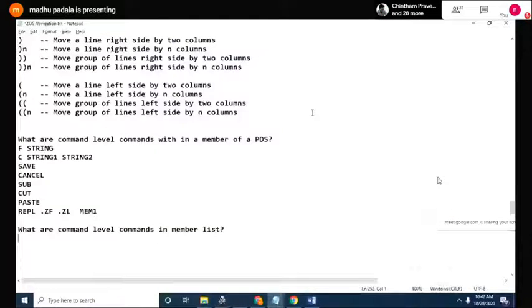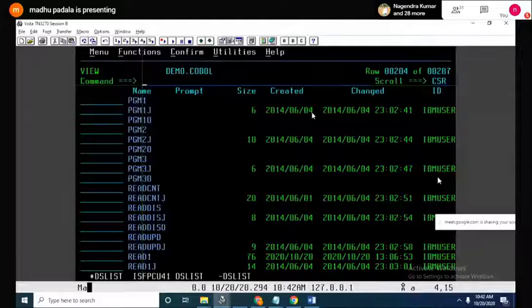Locate member name, find a member name. Okay, locate member name, find a member name. Then refresh